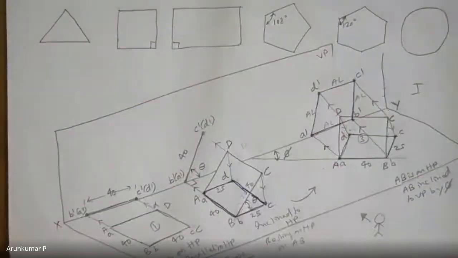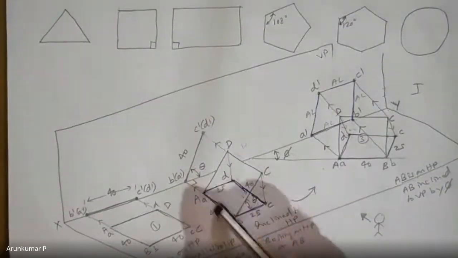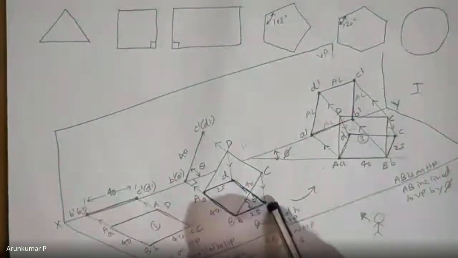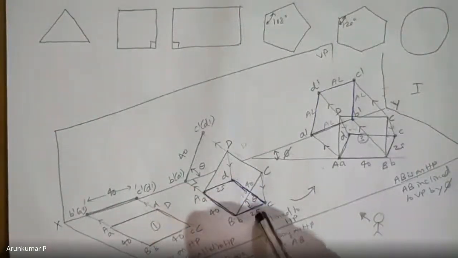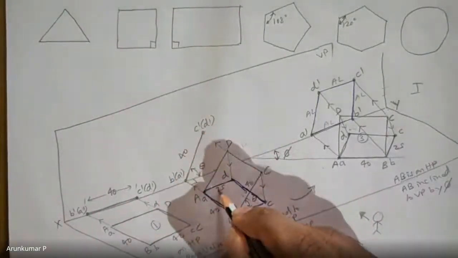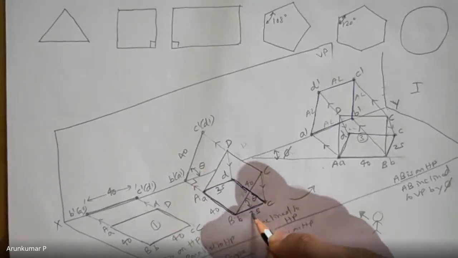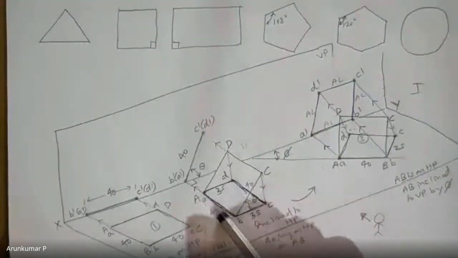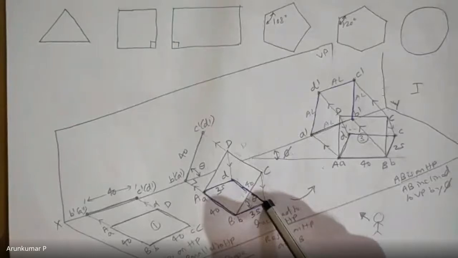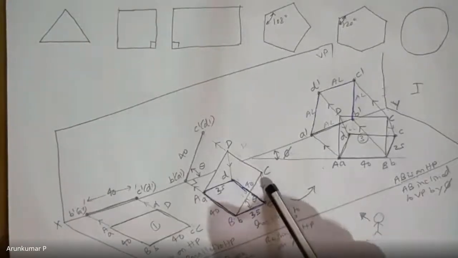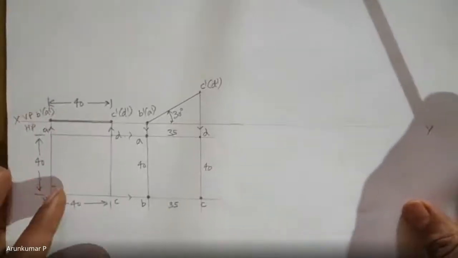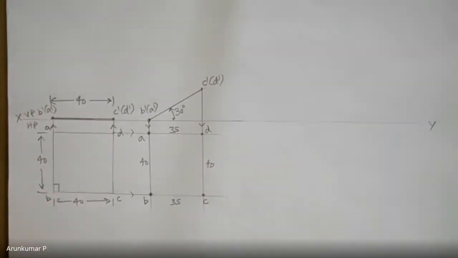Okay. Now please correlate what you have done here with what you got here. See, in the second step top view here also we got some 40 by something. It was not 25. Actually, I should have made it 35. I was way off target. But definitely it is not a square. It has become a rectangle. So whatever I have done here in 3D, the same thing we are getting in 2D also. Okay.